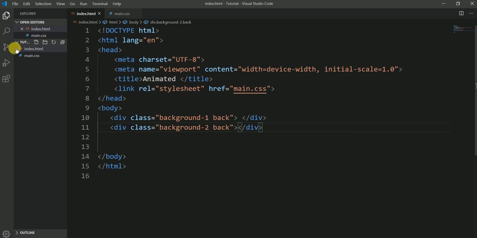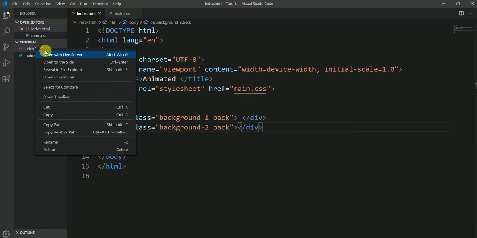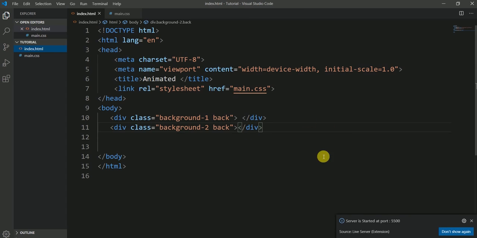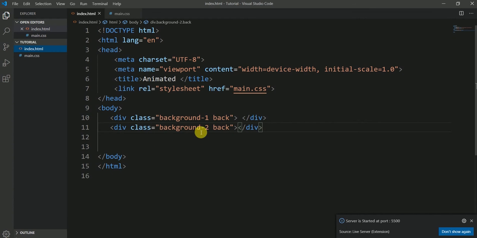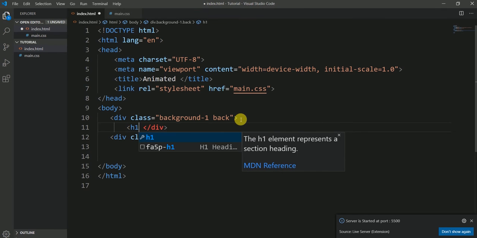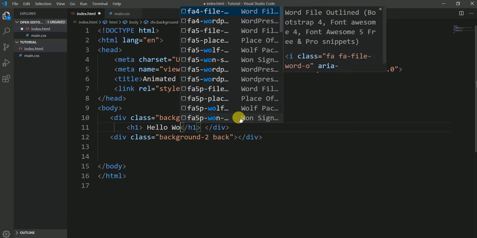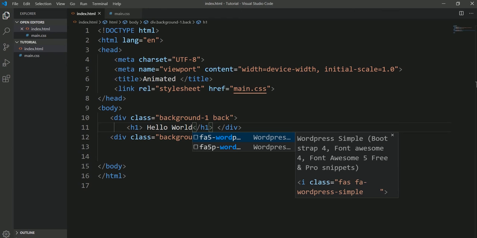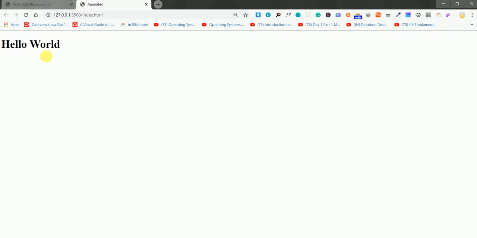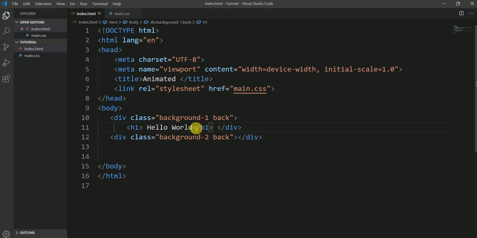Let me show you in the browser by using my live server. Okay, so nothing happens because we have just prepared the markup. But if you guys want to know that if something had happened here, let me show you that if I use my h1, and by using my h1 I want to say our favorite hello world. And here we go. So you guys can see that it is working, and from here the title is animated. So let me remove this h1,